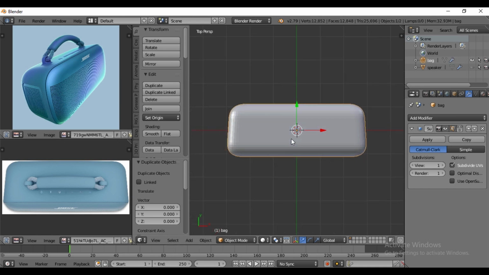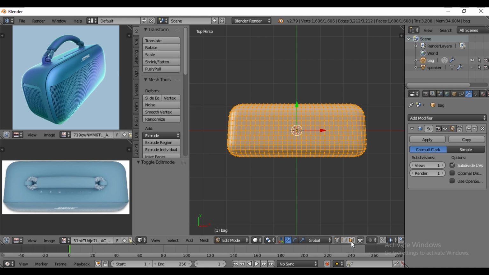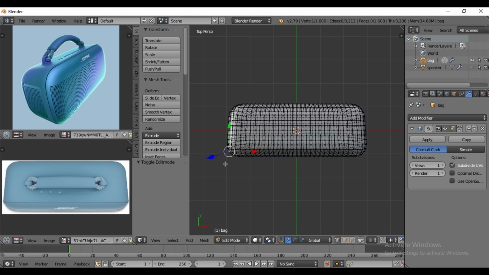As you see in the image, the rubber back needs to be cut from the front. So to do that, go to edit mode, then check the transparent mode or X-ray mode to see through, by pressing B and dragging, select the loops to be cut,